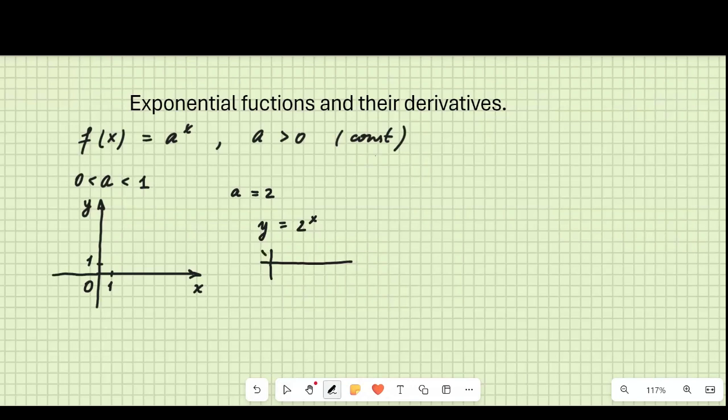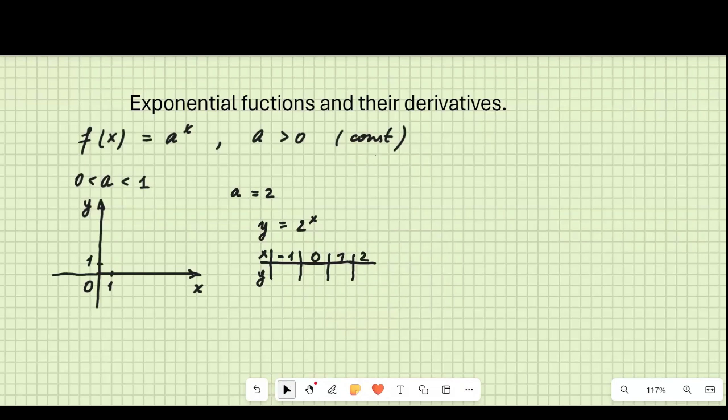So I'm going to label my top as x, my bottom as y, and I'm going to consider the next points. My first point is -1, second point is going to be 0, my third point is going to be 1, and my fourth point is going to be 2. Generally speaking, when I graph exponential functions, I don't even use 4 points. I usually use 3 points. But for this first time, we are going to use 4.